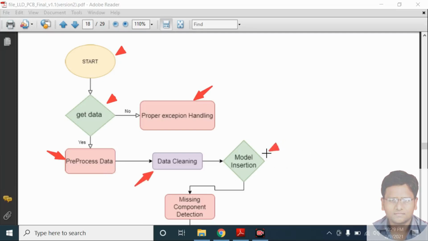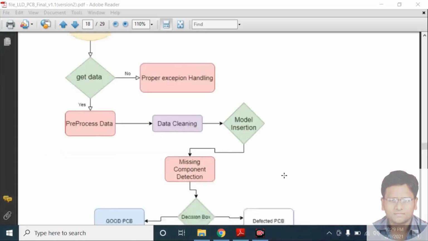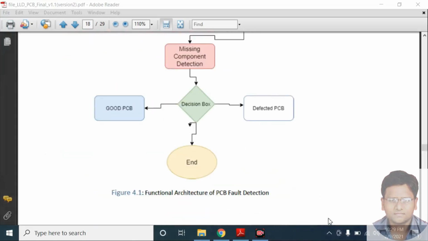Then model insertion. After model insertion, missing component detection will take place. After that, it will enter the decision box and then classification will take place whether it is a good PCB or a defected PCB, and it will show the result at the end.